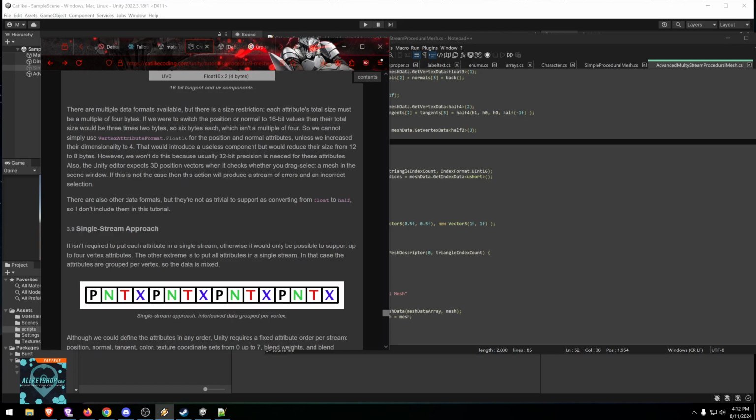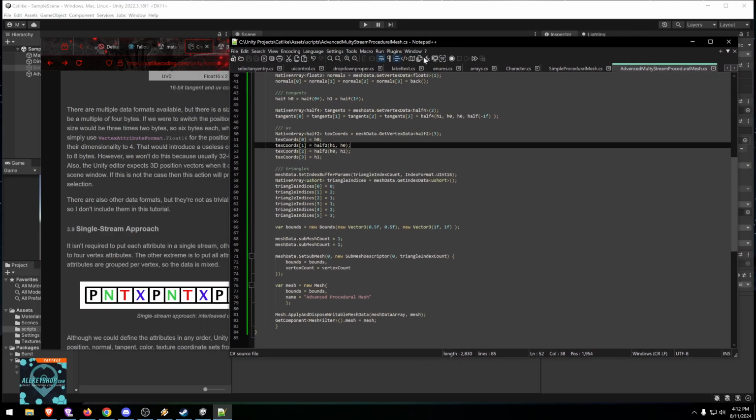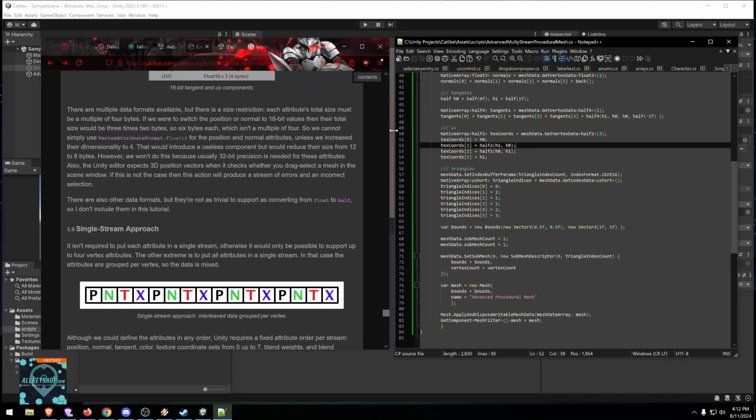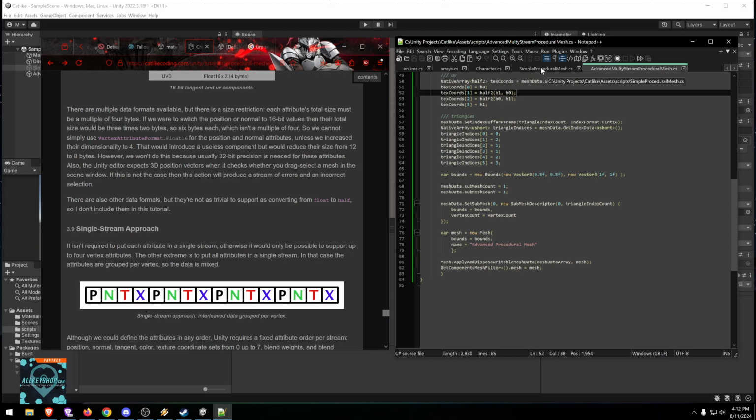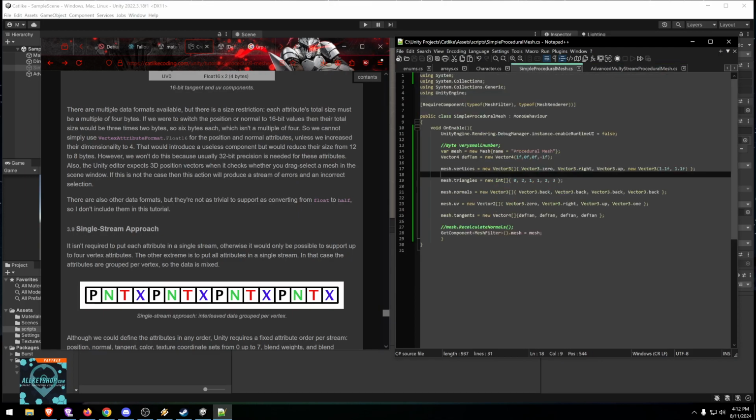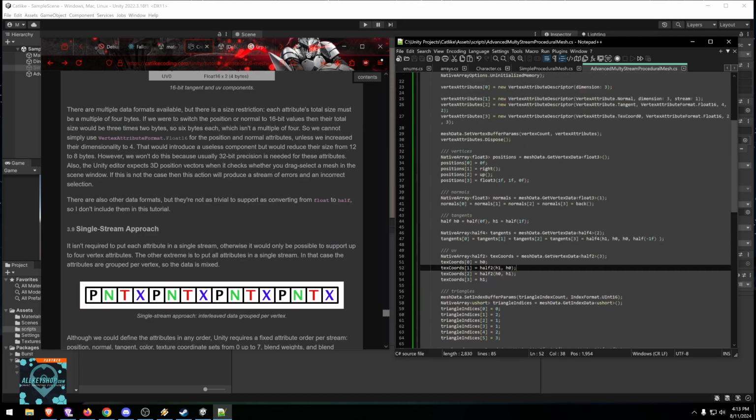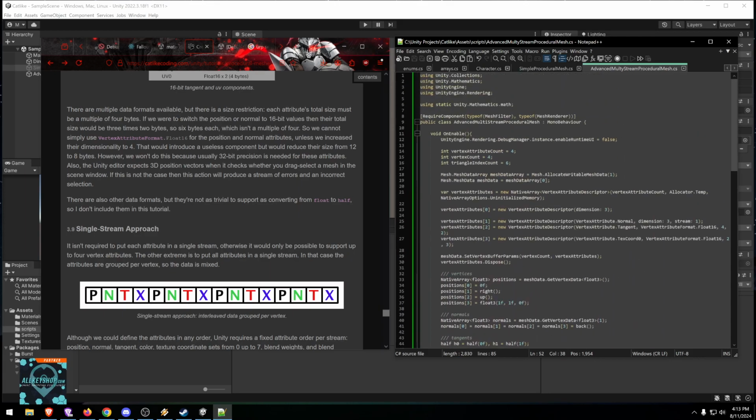Alright, it's time again for some Unity development. Let's get it going. We're just following the Catlike Coding tutorial, just to learn how this stuff even works. Last episode we were doing a simple procedural mesh, an advanced multi-stream procedural mesh, and we found out that it is hellishly complicated. Seems like we're hacking the Unity engine itself,